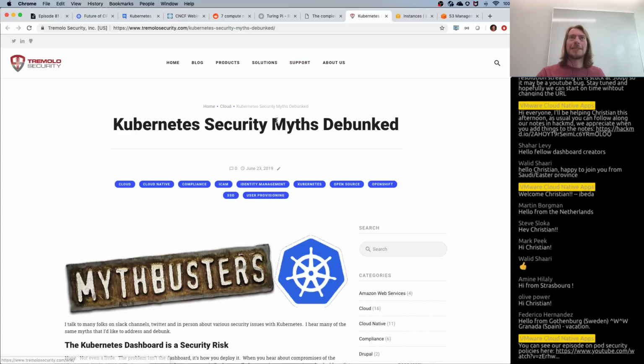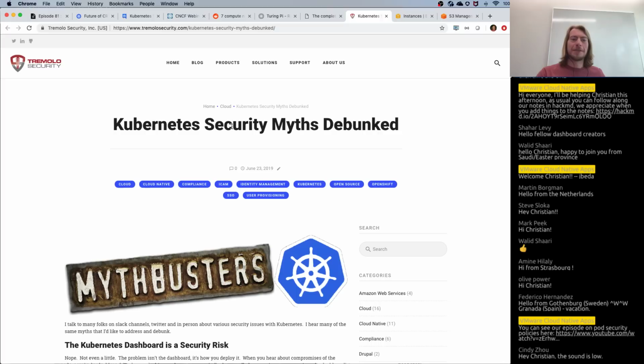And finally, we have an article about debunking security myths. And I guess this is one of the interesting things about Kubernetes. We have a large community, and there's a lot of information out there, and a lot of information that you might not